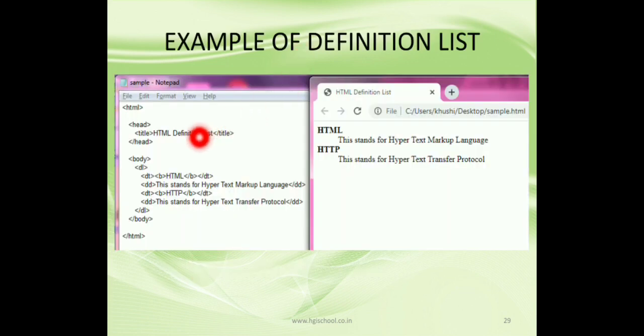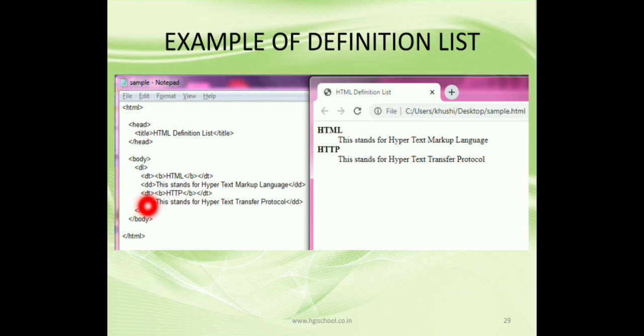In the example of a definition list, in the body tag you write the opening DL tag, and then DT. Here it is written in bold with the B tag, but you can simply write it as such; no need for the B tag. In DT you write the first term, and in DD you write the definition of the first term.